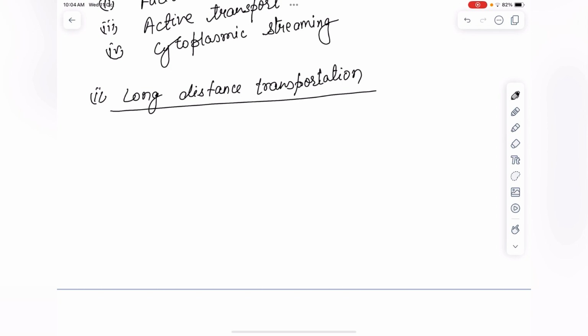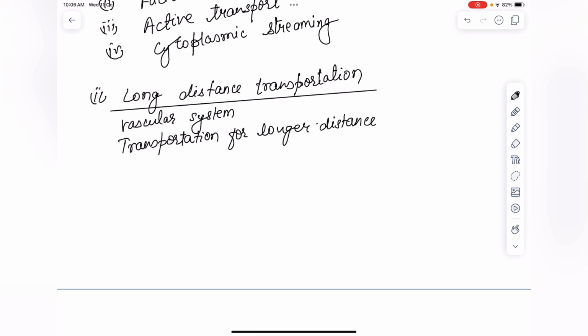Long distance transportation means that, mostly in the flowering plants, the substances that need to be transported are water, minerals, organic nutrients, and plant growth regulators or hormones. For this long distance, it needs a vascular system, that is xylem and phloem, and that transportation for longer distance is called